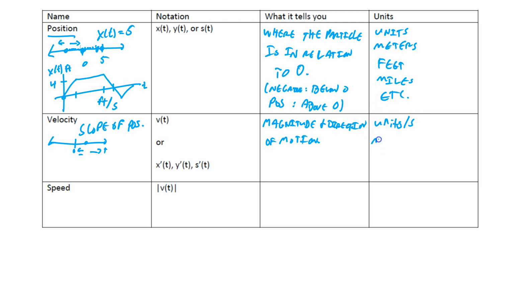Okay, so units per second, common, meters per second. You might see miles per hour, feet per minute, something like that. Feet per minute would be pretty slow, but yeah, that kind of stuff. So it's going to be a unit divided by a time. That's all you're looking for. Okay, so velocity is telling us the change in position, which is why it makes sense that the slope of the position function or the derivative of the position function gives us velocity. So if we draw that same graph,